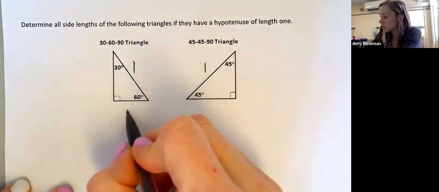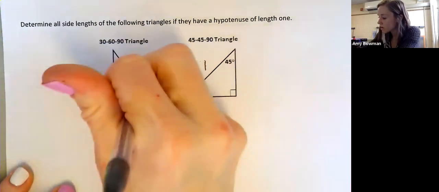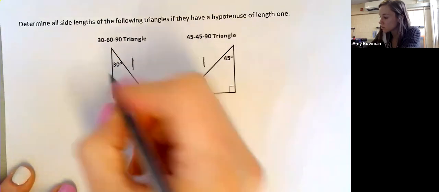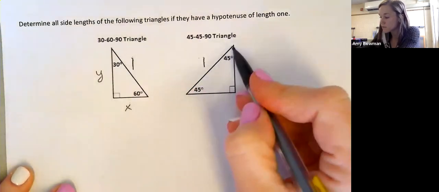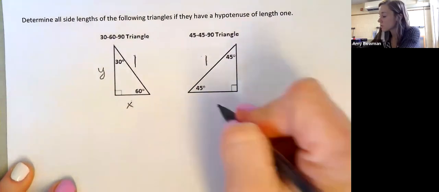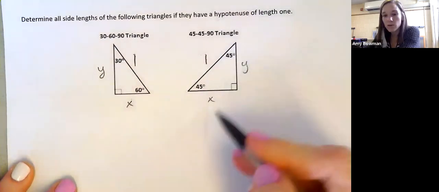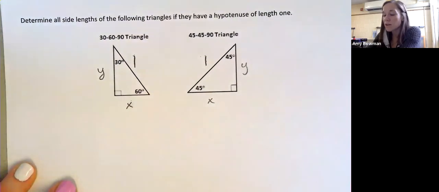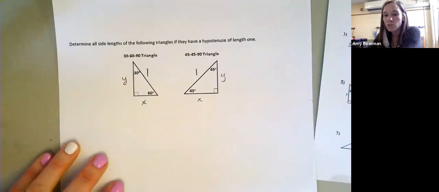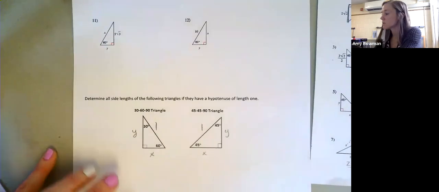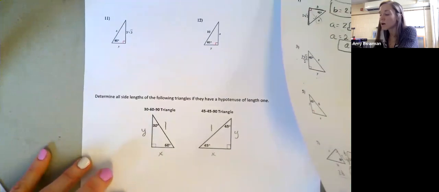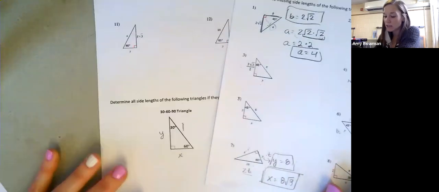Why don't we just go ahead and label these right now? We'll label them x and y. I want you to tell me what x equals. I want you to tell me what y equals. If this 45, 45, 90 has a hypotenuse of 1, I want you to tell me what those 2 values are as well. So finish this, circle your answers, show me your work, and then turn this into the black tray. And then you can go, and your homework is the